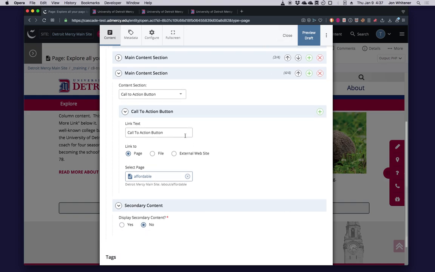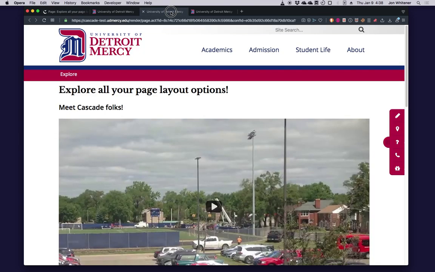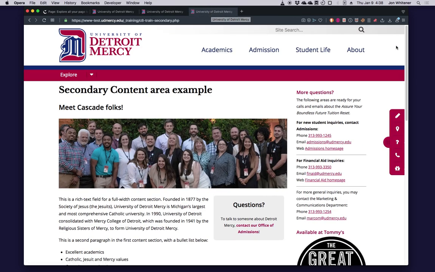Last thing, I know I said that was the last thing, but I just wanted to mention another item. Secondary content is an option. This is not something that you can do on your own, because it's a way to bring in common chunks of code into many pages, and those chunks need to be created separately. But I just wanted to show you an example. Secondary content on desktop, here's an example, renders as a page high right side column.